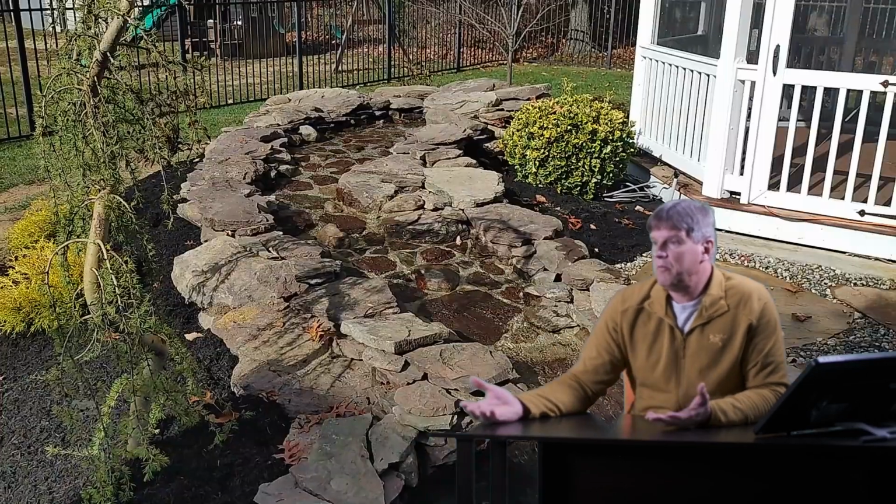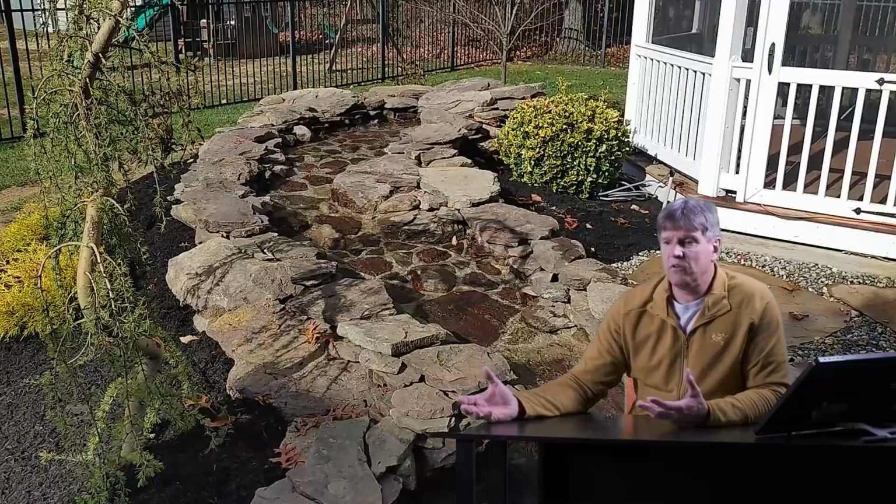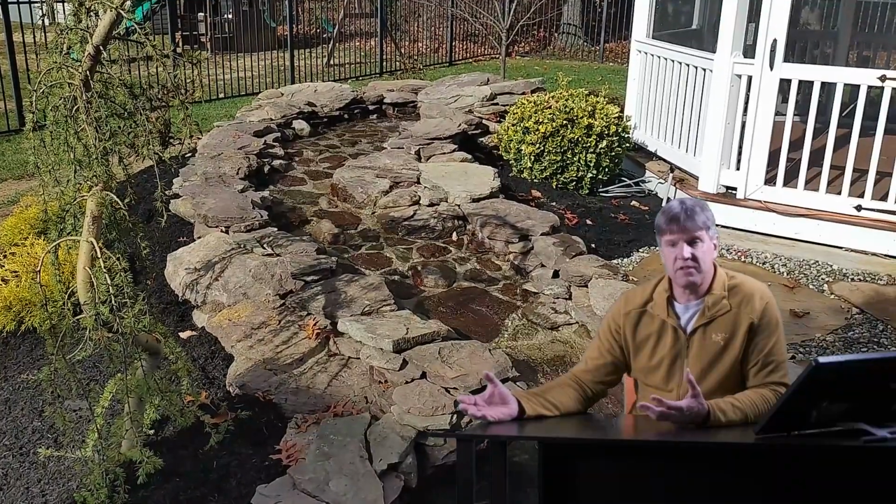Well, the problem with that is most of your water runs through the gravel, not over the top of it, and the gravel holds all the sediment and debris. It becomes a mess in time. Here, all my water is going to flow over the top of the concrete. There's no buildup of debris, okay? All the sludge and sediment and stuff that's going to come down,